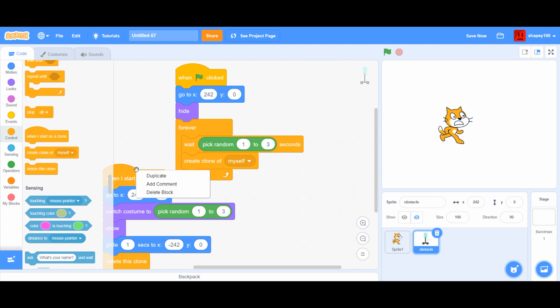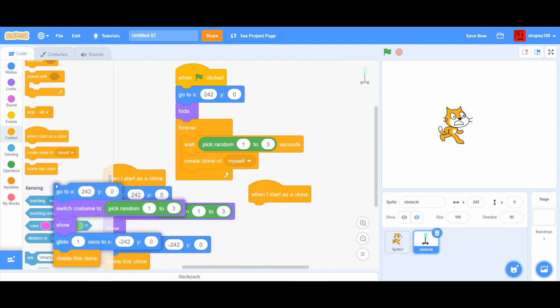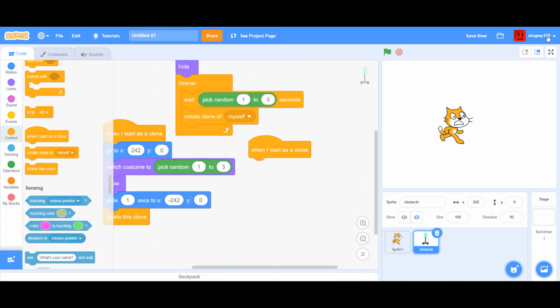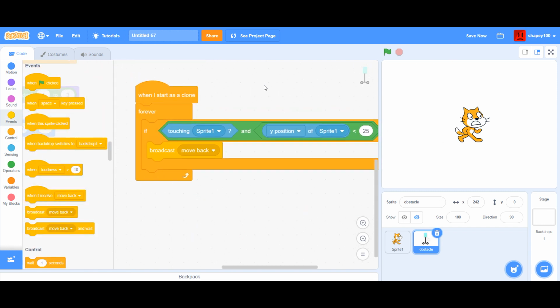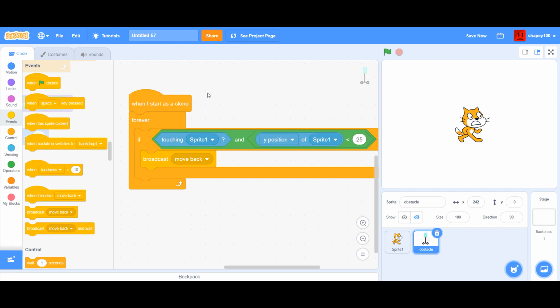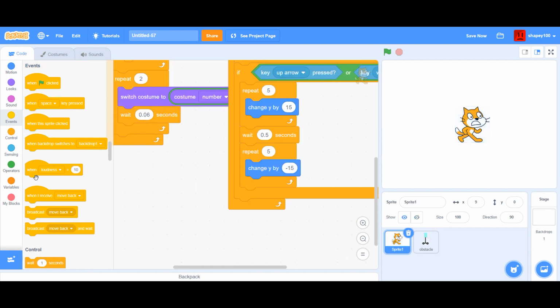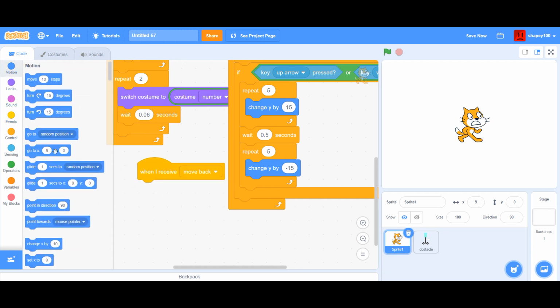So when I start as clone, I'll just do the code quickly so you don't have to wait right now. There, so I did the code in the obstacle, which is this code. When it starts as clone, forever, if touching sprite 1 and the Y position of sprite 1 is less than 25, it'll broadcast move back. And for here, when I receive move back, it'll change